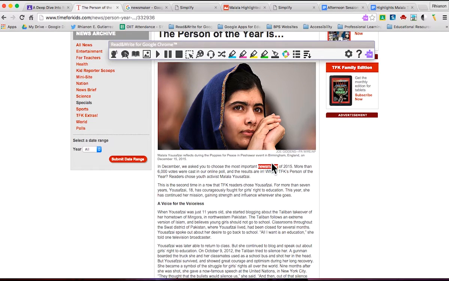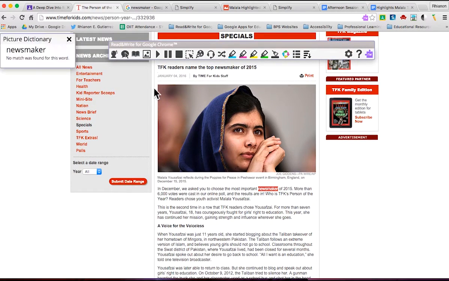Let's try to see what happens if I highlight this word, again, newsmaker, and click on a picture. This is the picture dictionary. It is right next to the book icon. Sometimes it takes a while for it to process. Again, it does not have a picture.